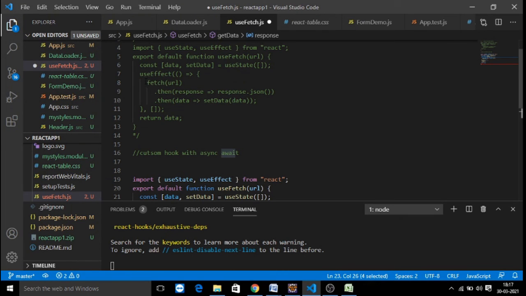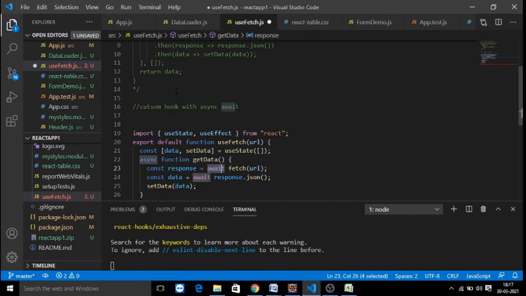It means here in the useEffect, as a one-time request, the URL is sent to your backend, it loads the response, and it will be returned back to the function. It's not an asynchronous mode, it's a synchronous communication. And whenever you want to go for asynchronous programming, asynchronous data communication between your React application and your backend application or a third-party API call, you can go with async await.